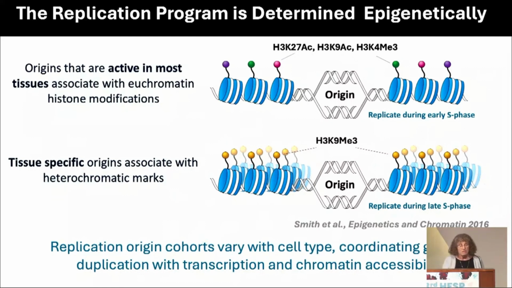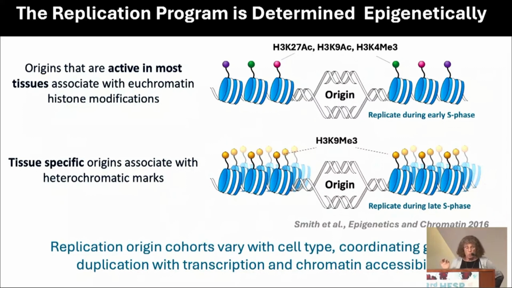In other cases, the origins are in cohorts that differ in their activation frequency between cell types, and tissue-specific origins are often associated with heterochromatin marks, such as specific histone methylations that we have discovered and